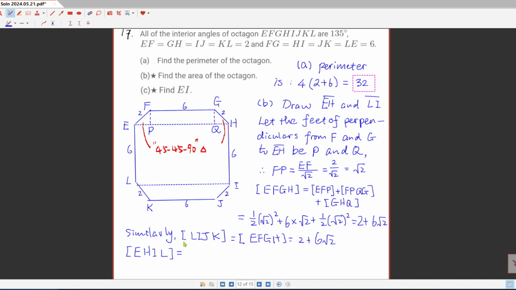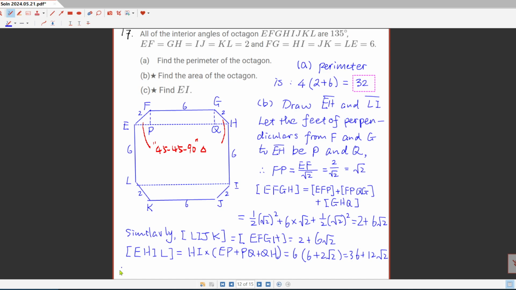And that can be calculated by using HI times length of EP plus PQ plus QH, right? And that's 6 times 6 plus 2 square root 2, and that gives us 36 plus 12 square root 2,